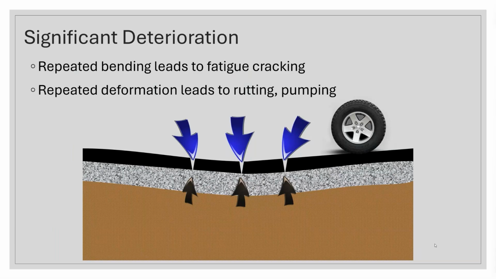But if water can go down into the pavement structure and soften the subgrade, then asphalt is a flexible pavement. So over time, with those traffic loadings, it's going to kind of bend back and forth. And that repeated bending leads to more fatigue cracking, more avenues for water to get in. But it also means that the pavement sections above it are moving. When they move, they can actually suck some of that subgrade material back up through the cracks, and that's pumping.